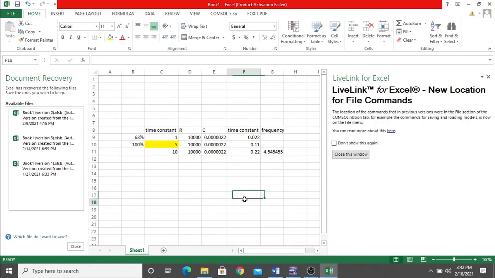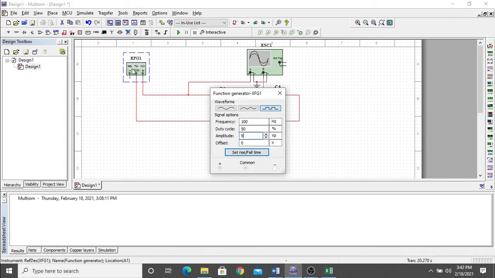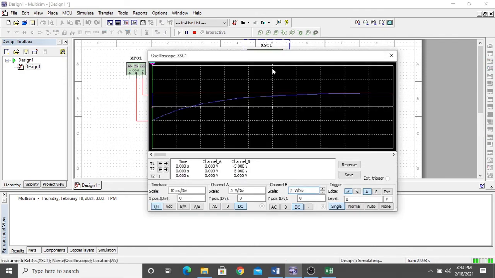Okay, so let's try to put this value here, 4.54. We have to do some scaling here.